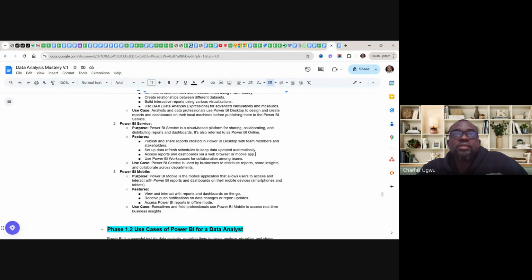So you can view the report on the go. The features here are: view and interact with reports and dashboards on the go, receive push notifications on data changes or report updates, and access Power BI reports in offline mode.